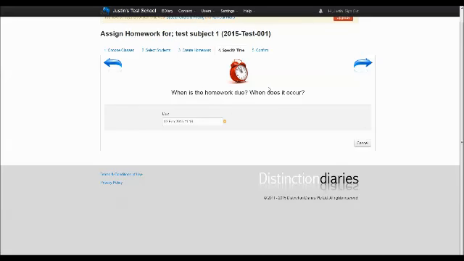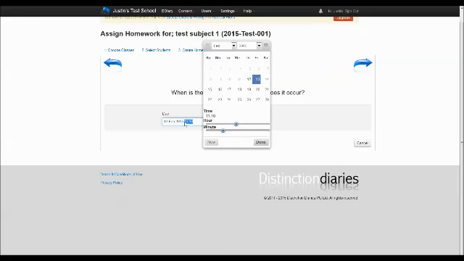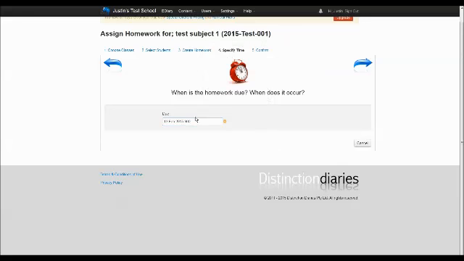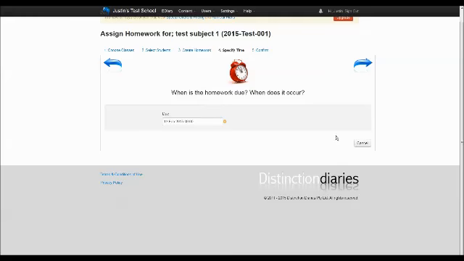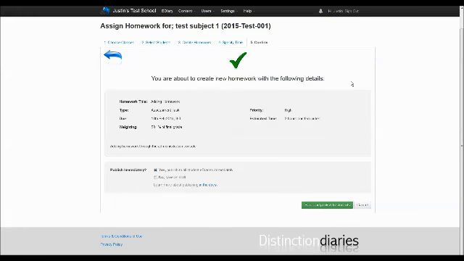And now it's going to ask, when is the homework due? I believe mine's due by tomorrow. I applied for the job this week, so I haven't had a lot of time to do it. And then I'm getting it in by 9 AM tomorrow, which I'm assuming everyone gets to work by then. Oh, I may not have done the 9 properly there. Let's use the slider. 9 AM on the dot. Click next, that's when you'd like to do, and this brings us to the fifth and final step, which is